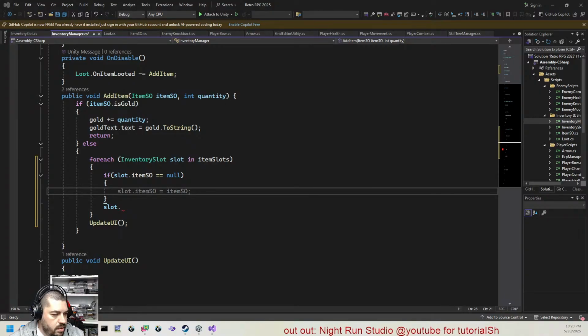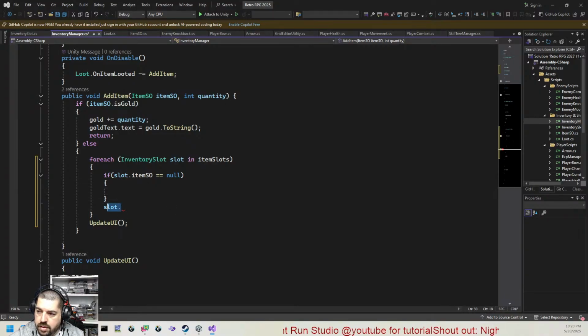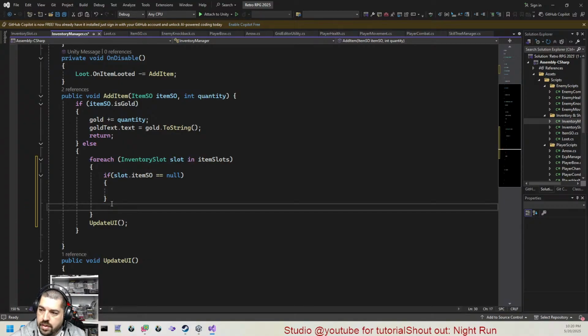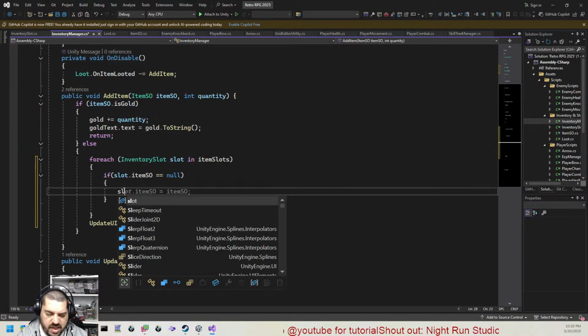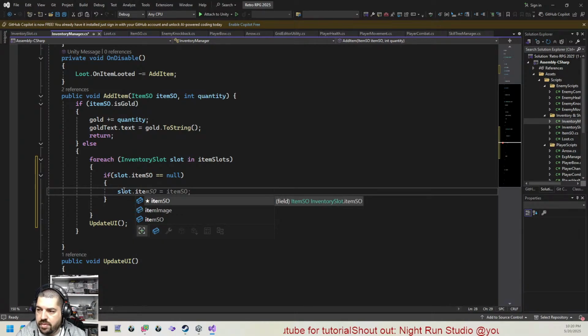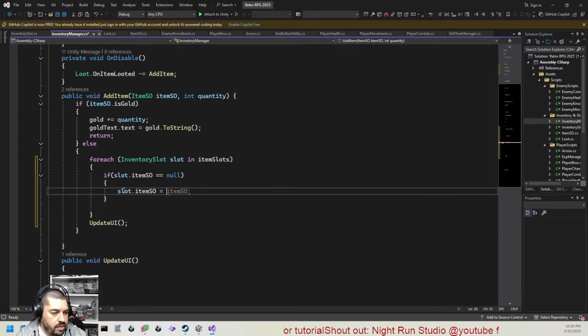null. So that way it will only fill the slot if it's actually empty. Now at this point we're almost there, but if we look at the inventory slots update UI method, it actually needs